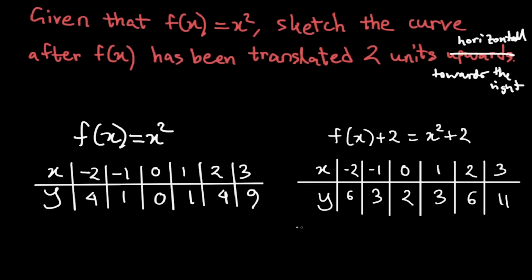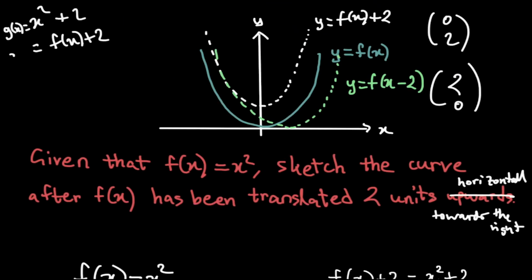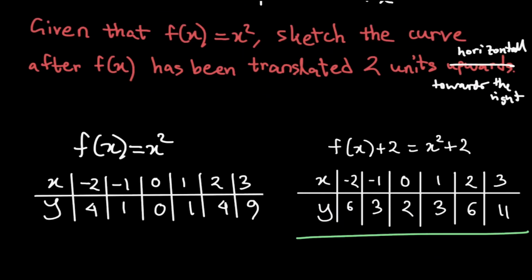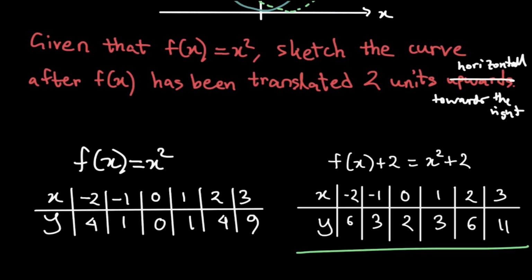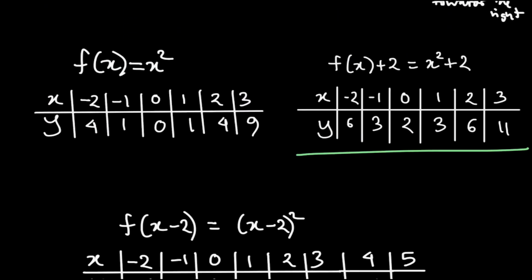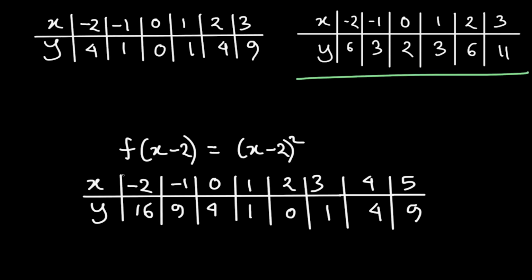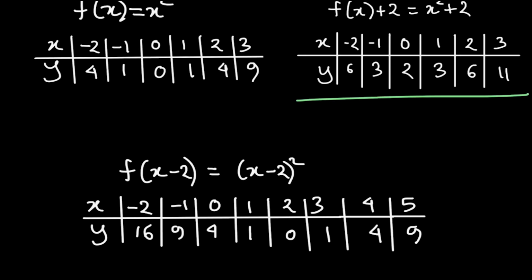By the way, this is the proof that f of x plus 2 actually does translate this 2 units above. See, if you plot this, it's going to give a curve which is 2 units greater in the y direction. See, all of the y values here are 2 units more than before. All right, but let's go back to f of x minus 2, right? This. Okay, so if we plotted the x and y values for this,